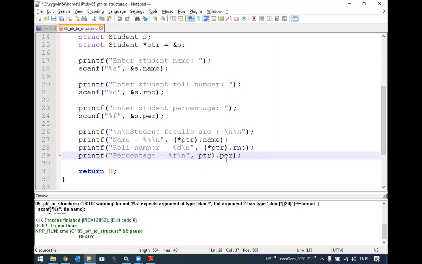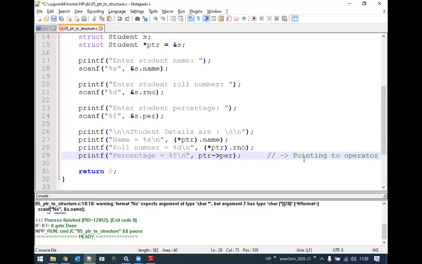If I don't want to use the star, I can use a special operator, which you can look at here, a hyphen and then greater than symbol. It seems to be a kind of arrow mark, right? This particular operator is called the pointing to operator.